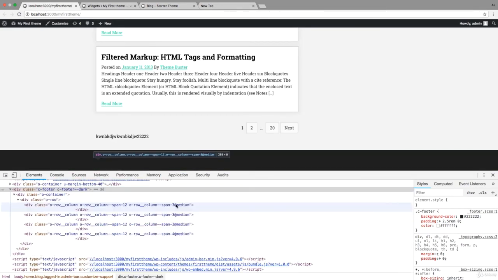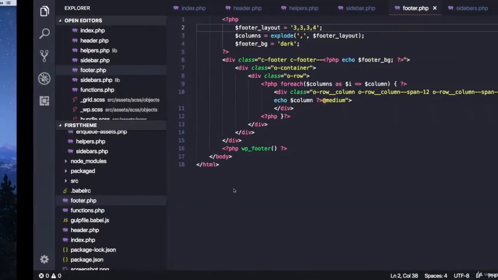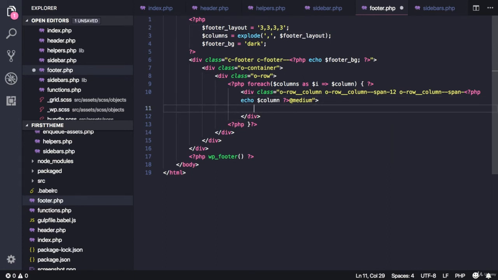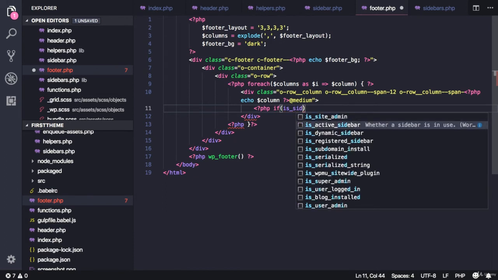And now we're having 3, 3, 3, and 4. Great, so let's now display the sidebar. What we need to do is, like we did for the other sidebar, check if the sidebar is active, and if so, we will display it using dynamic sidebar. So let's open a PHP tag, and if it is is_active_sidebar,